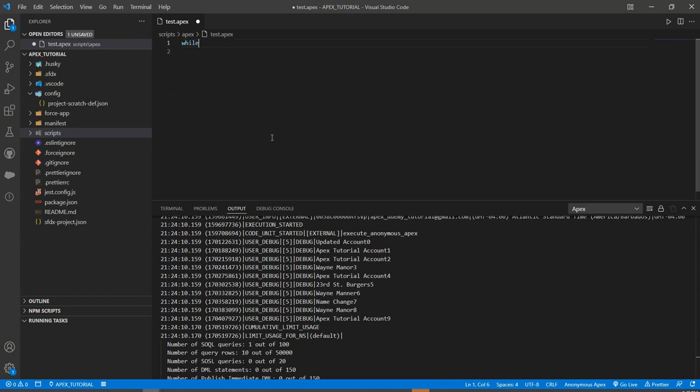So then the syntax looks like this, where it's while, and then your condition logic, and then your block of code. So that way there is no execution of the block of code beforehand. So if you don't meet the conditions, it's not going to do anything at all. So from our example last time where we had the account list of 10 accounts,